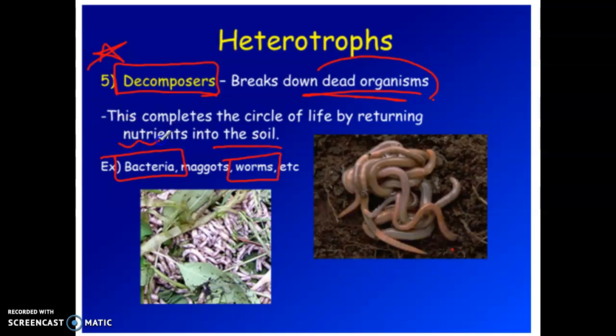So that's their critical role, is that they complete the circle of living things. They return the nutrients back into the soil, meaning the plants that are going to grow in that soil can now use those nutrients to grow and essentially go back into the food chain. It's very important that decomposers actually are not part of food chains. They're kind of on the outside, but they help the food chains and food webs to survive because of the nutrients that are in the soil for the producers to use.